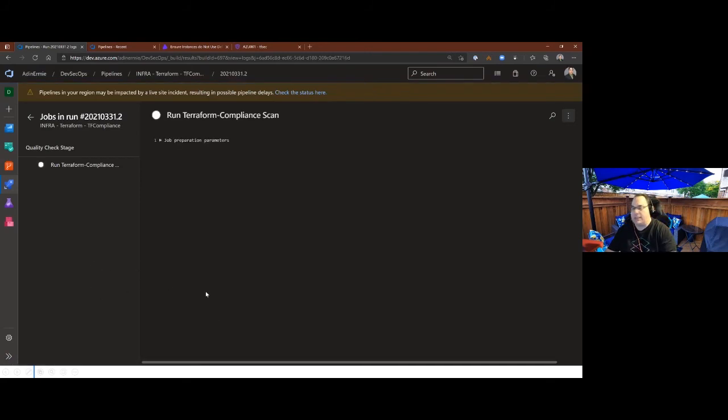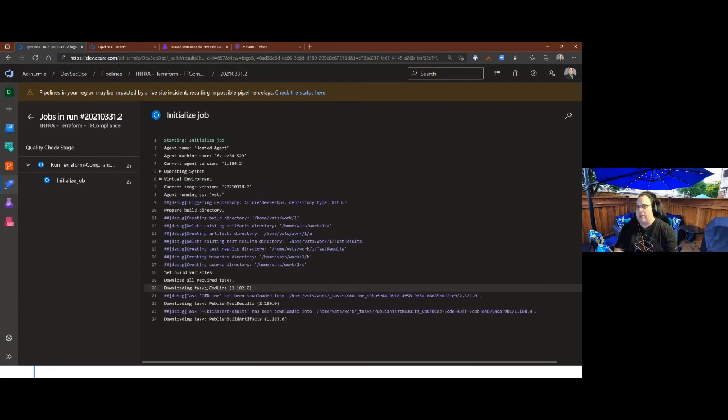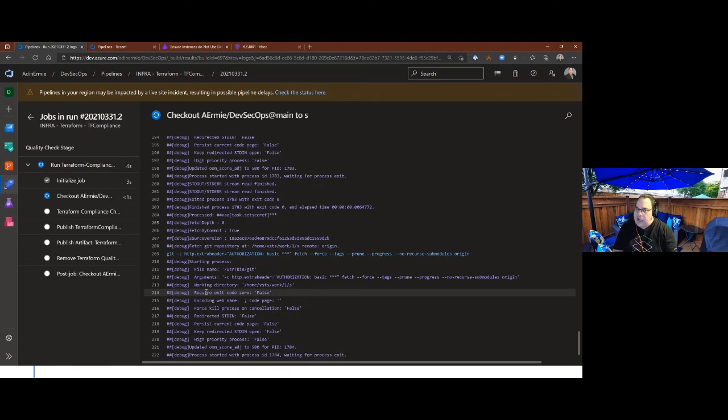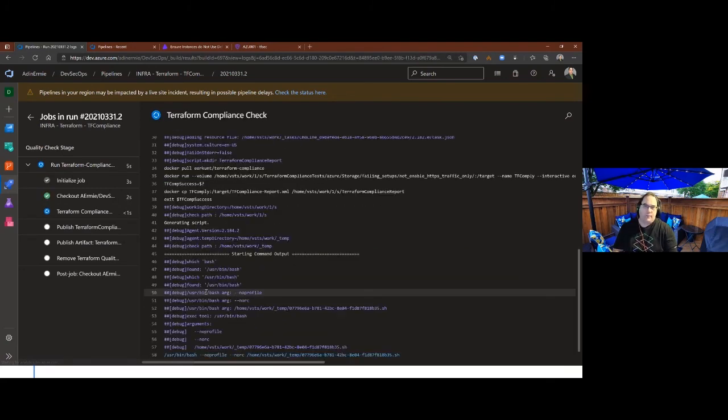While we wait for this to go, policy would be more where you're actually executing the deployment. You're attempting that deployment, and Azure Policy will block it because it doesn't comply. Whereas these tools evaluate your template code before it actually triggers a deployment.